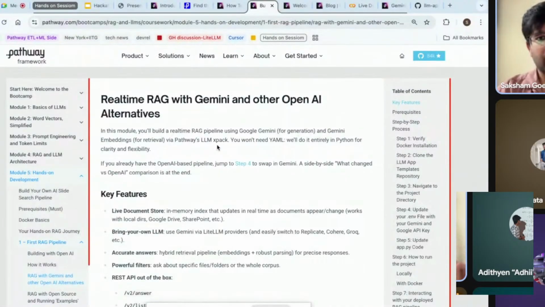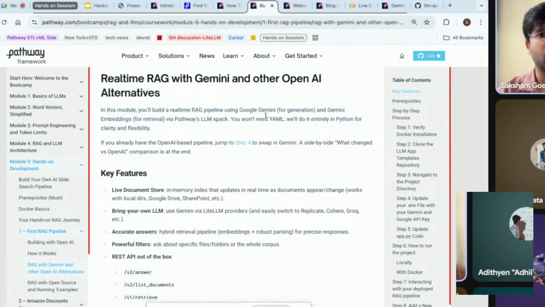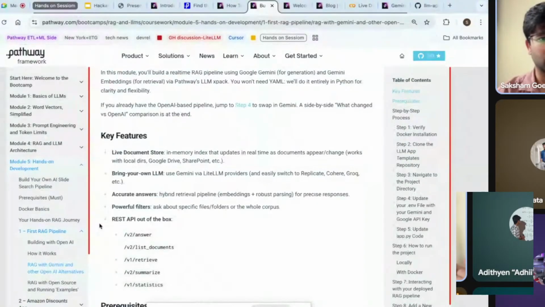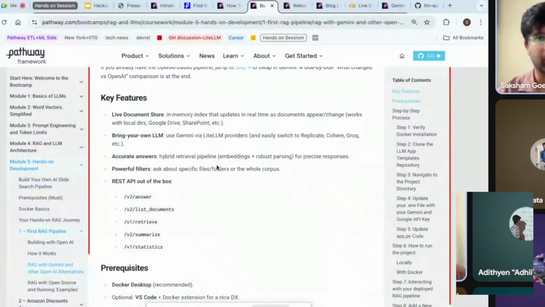So this is a real-time RAG application with Gemini. And for other alternatives, maybe if you want to use various LLMs from Hugging Face, or like Adityan mentioned, if you want to download the neural network weights on your system using Ollama, that also is there. In this, we are using Google's Gemini model because it provides 300 credits. So if you have gone through this pipeline, you can skip to step 4, but I'll explain it in detail. What are the key features of this application?